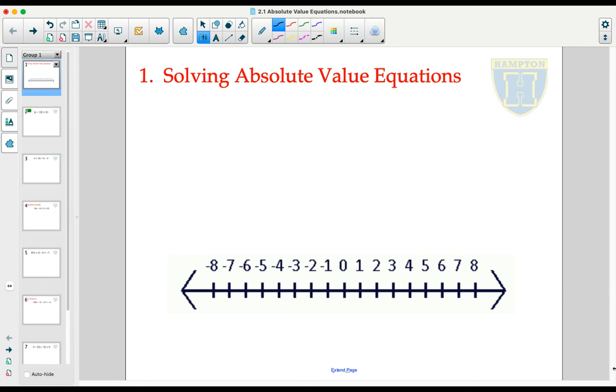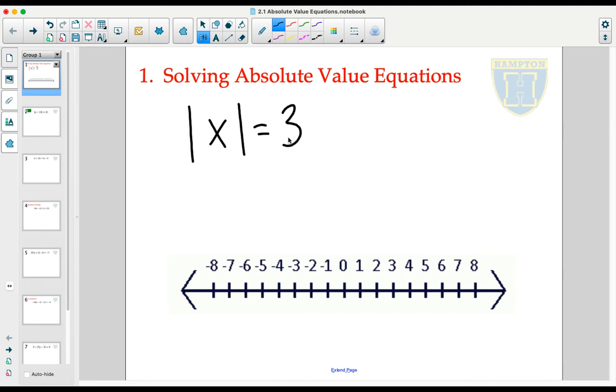In this lesson, we are going to review the process for solving absolute value equations. Before we begin solving absolute value equations, it is worth taking some time to review the absolute value as a grouping symbol and as a potential operation to worry about. So you might remember that the absolute value is written like this,